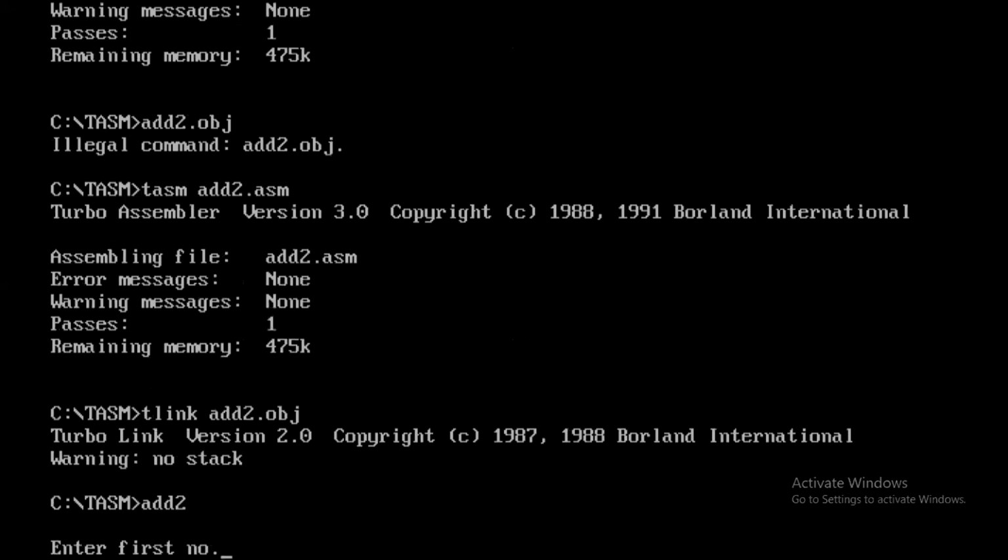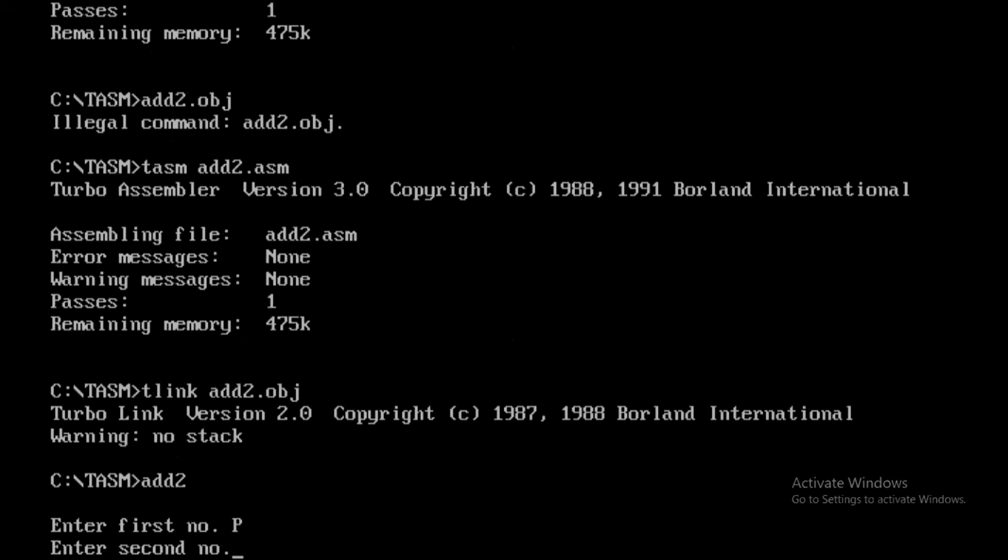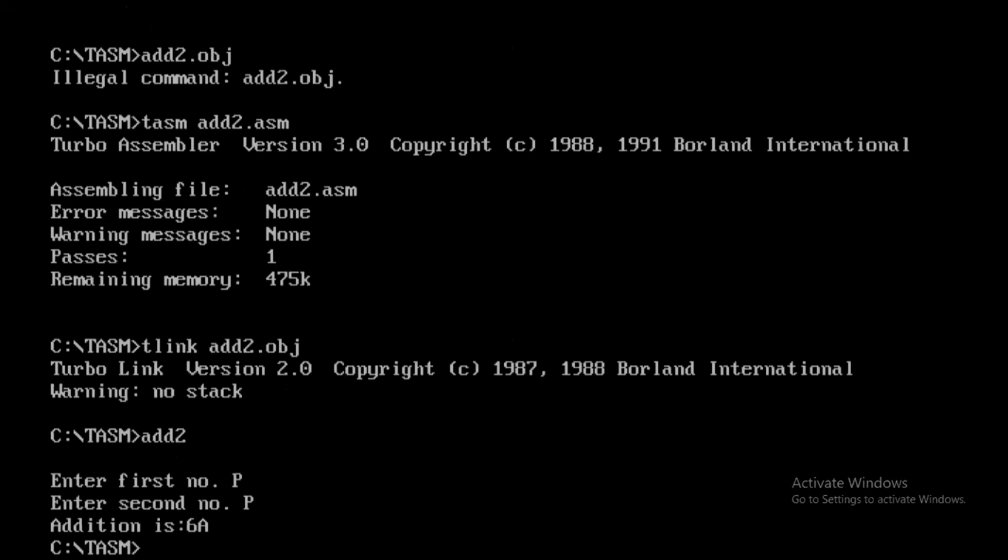You can enter any number directly. Sorry. Okay, we will do. The addition is 6a. So I have taken this p value. If you consider the p, it will turn that value into its ASCII code. That is why I took the alphabet. And the addition is 6a.